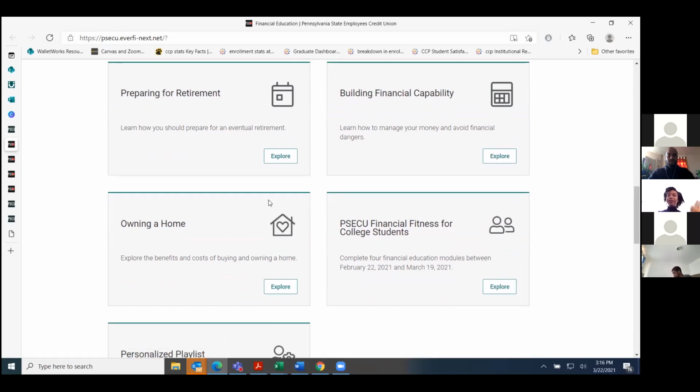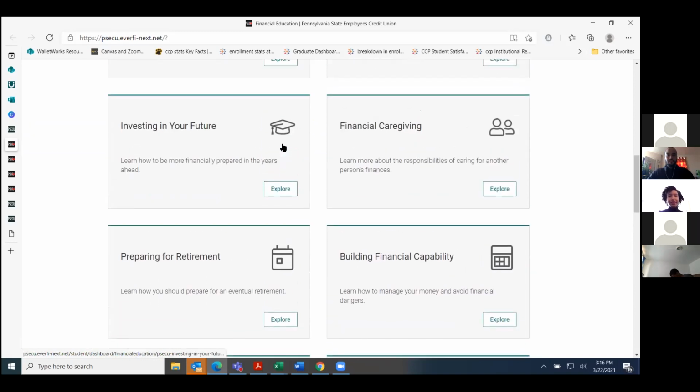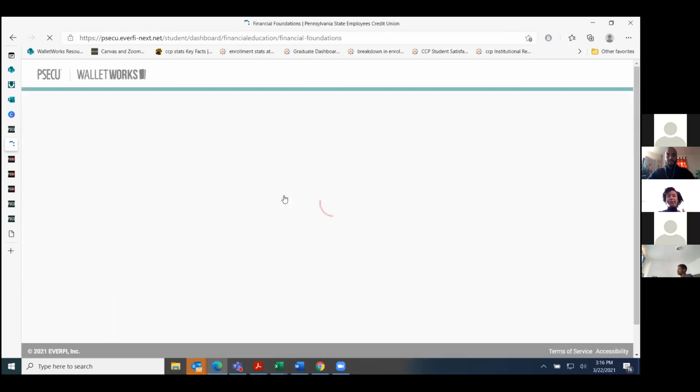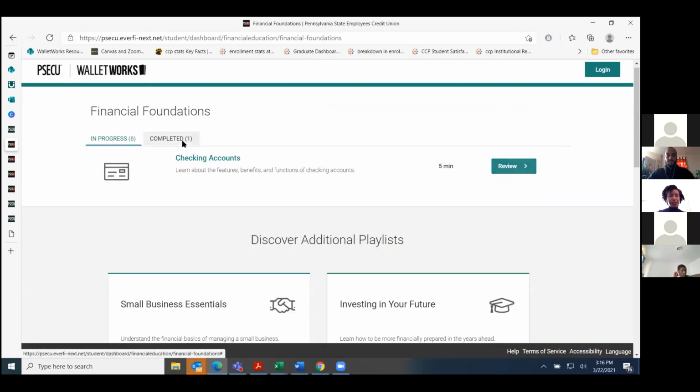Now for us, we're going to be skipping around a little bit, but we are going to start here with financial foundations, in case you were following along, so you can see how we're going to get to where we're going. And we are going to go straight into checking accounts. Now, normally this will just be around your first screen. I already went through this one, but